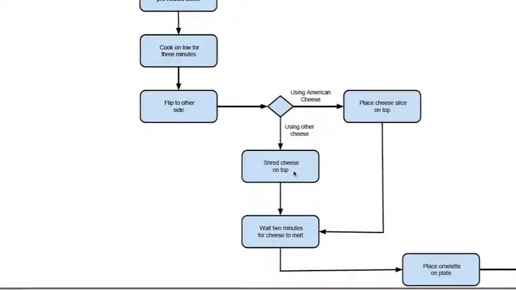Once we decide what cheese we are going to use, we then merge to wait 2 minutes for the cheese to melt. So if we chose to use American cheese, we would automatically merge to this. If we decided to use a different type of cheese, there's an extra action, which would be shredding the cheese on top. So after waiting for 2 minutes for whatever cheese we decide to use to melt, we then merge